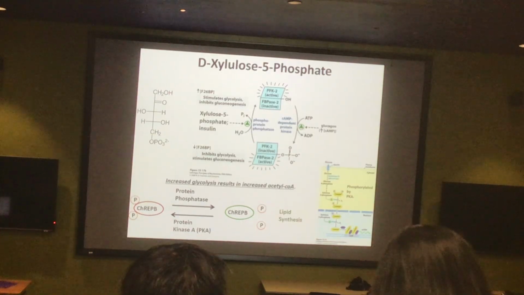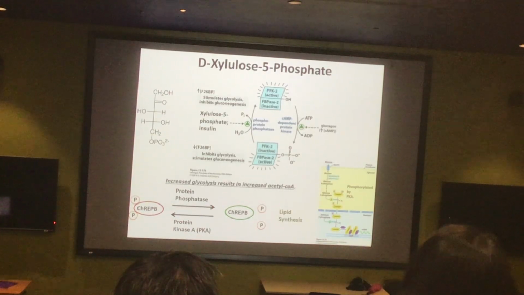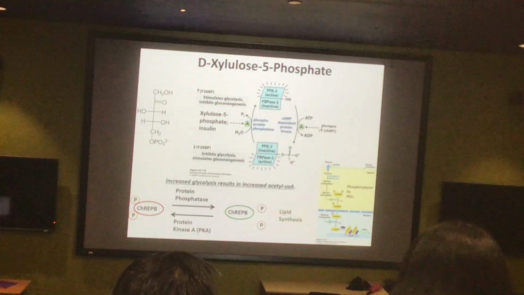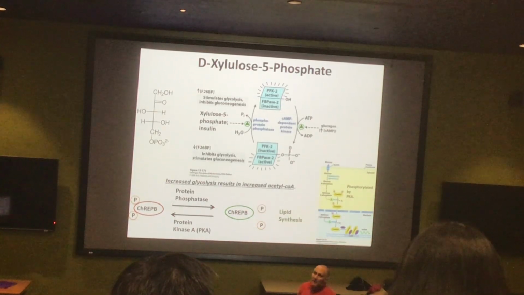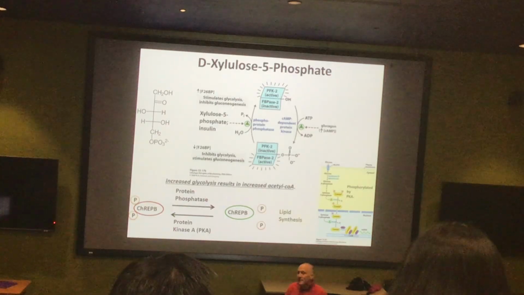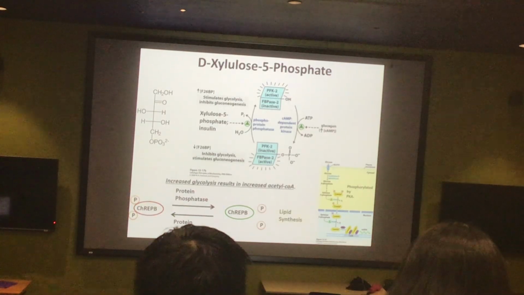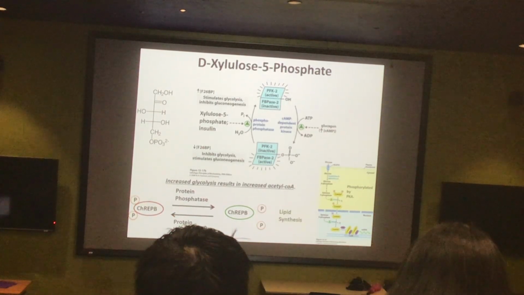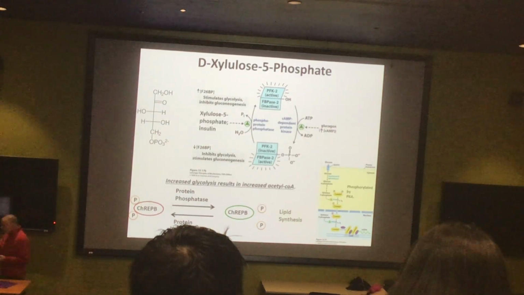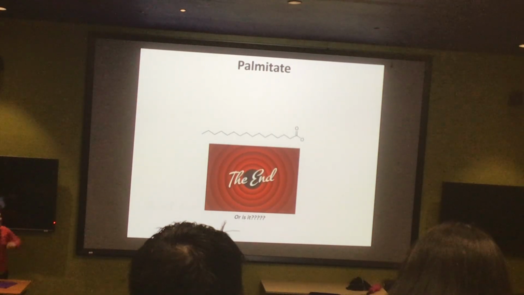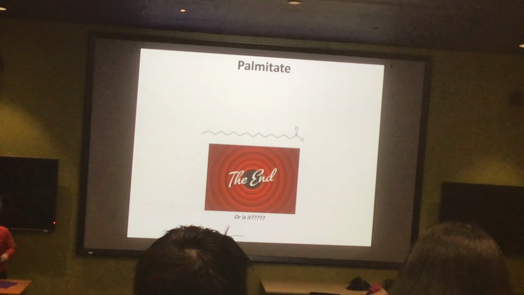You are in a situation where you have lots of pentose phosphate running, you have lots of xylulose 5-phosphate. That probably means you're doing a lot of lipid synthesis, and so you can take the burden off of the existing enzymes by transcribing more of them. So this is another connection between all of those pathways. And yeah, that's it. Or, you probably figured out that it's not, right?